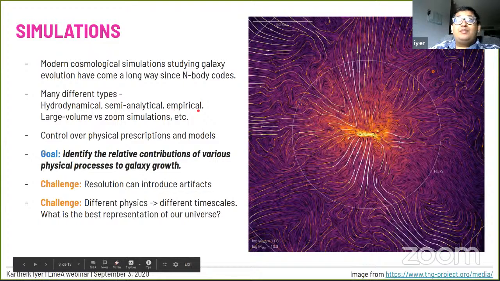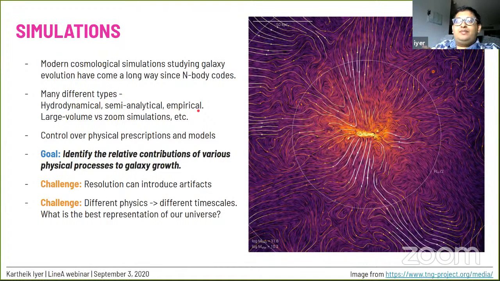And then you have empirical models where you just take all the observations that you can get a hold of, and you have a model with many free parameters that can be used to estimate how galaxies evolve in a way that is consistent with all of these observations. And finally, you have simulations that are either large volume, so they have a box in which many galaxies evolve at a fixed resolution, versus zoom simulations that have a small number of galaxies but are probed in exquisite resolution.